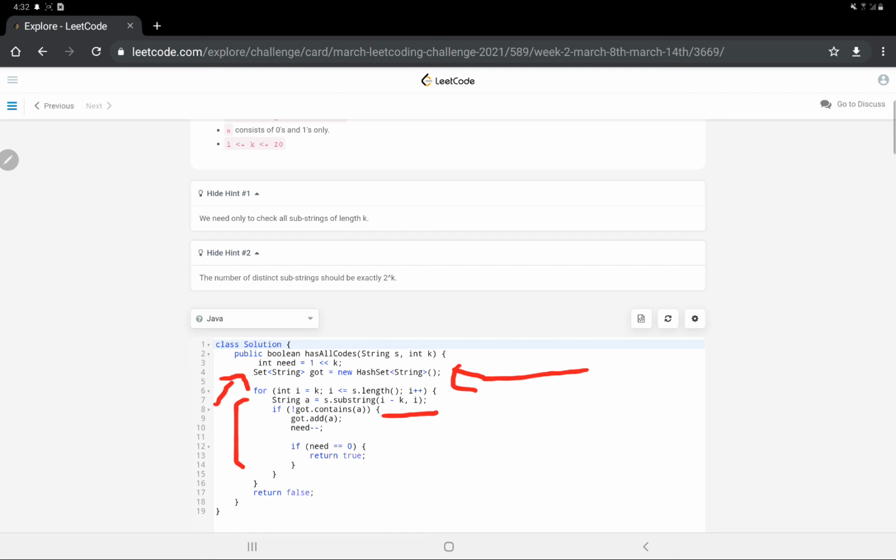I'll just be storing them in my hash map. If it doesn't contain the substring, that means I'm adding it, so I will decrement my value of need. At the end of the loop, I'll check if my need is 0, I'll return true, or else I will return false. I hope this code is clear. It's a very simple approach that I have used here.